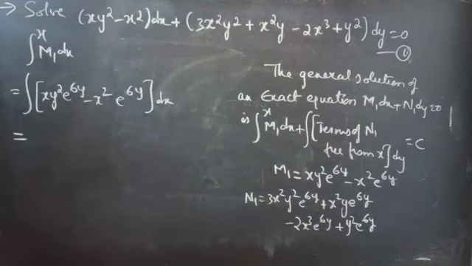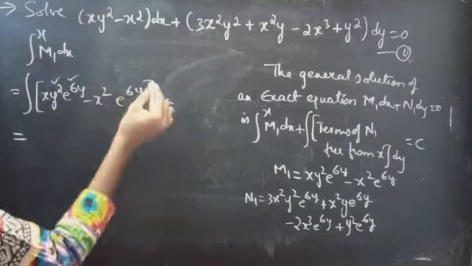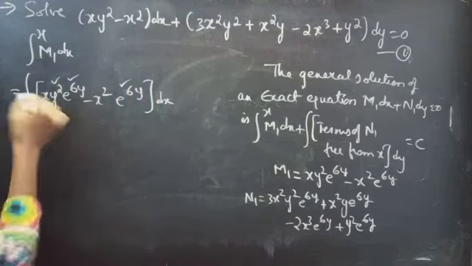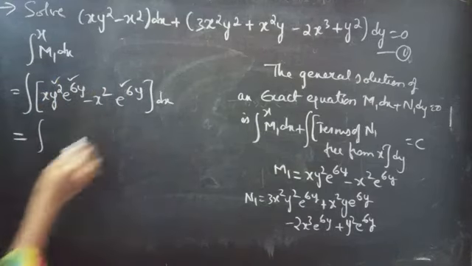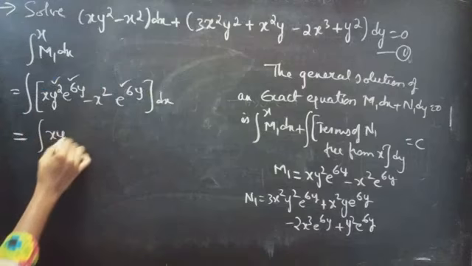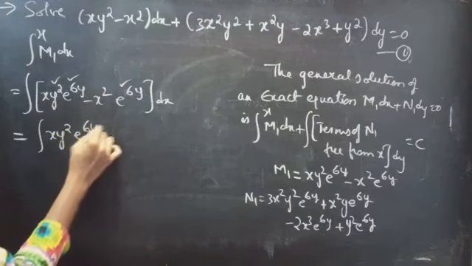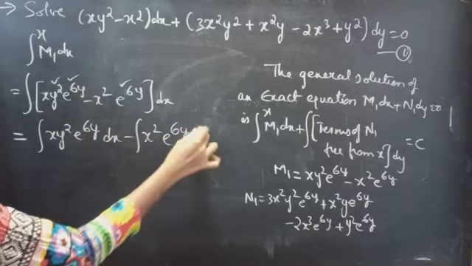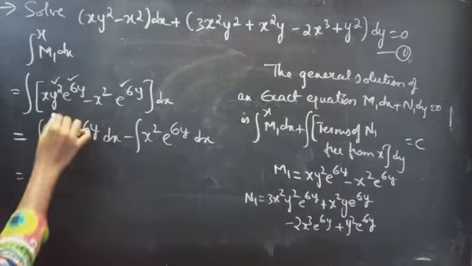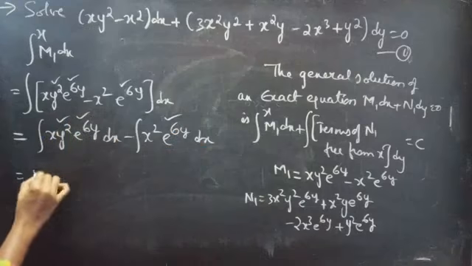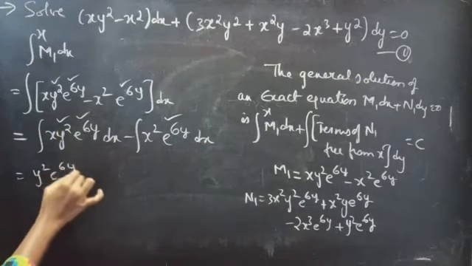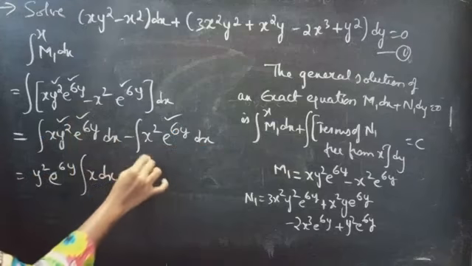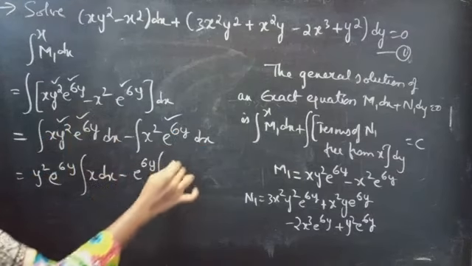Here y square, 6, and e power 6y are constants, so we can simply split this into two terms: integral of x y square e power 6y dx minus integral of x square e power 6y dx. Now taking the constants outside the integral, we get y square e power 6y, that is constant, into integral x dx minus constant into integral x square dx,